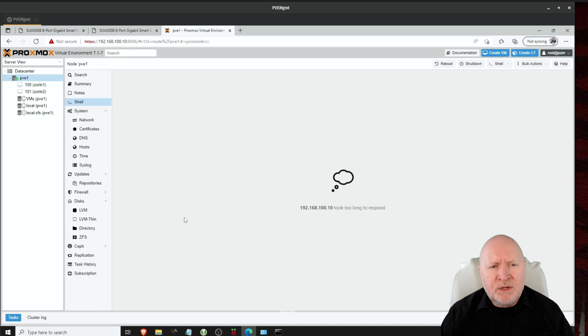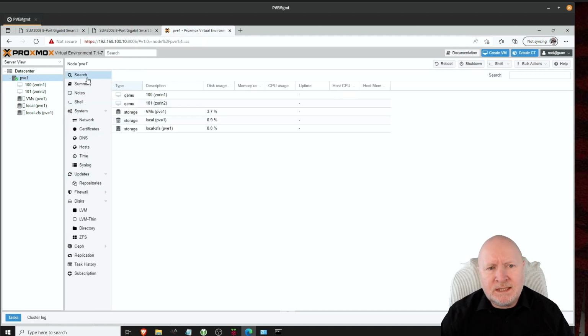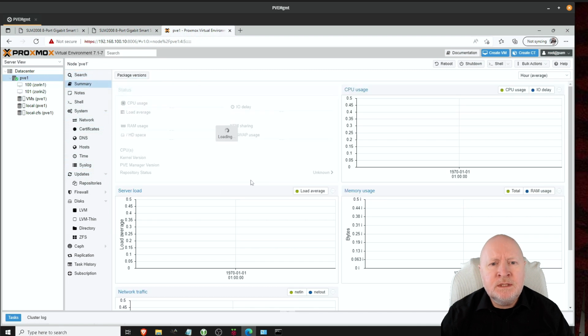Now, although Proxmox has been restarted and it is now back up and running, the problem is I can't get remote access to it. I mean, I can click on links. It looks as though I've got some connection, but the reality is it's just going to eventually time out. If I hit F5, for example, or Control F5, eventually I'll actually get told that it's timed out. Now, the reason for that is because Proxmox has been configured to support VLAN tagging, but the switch